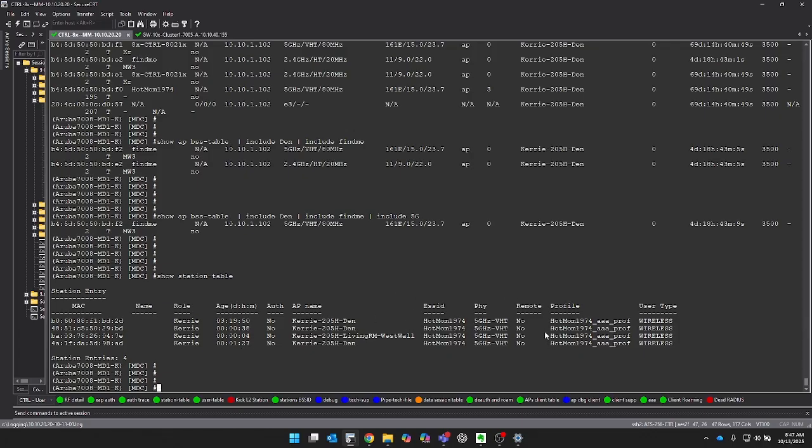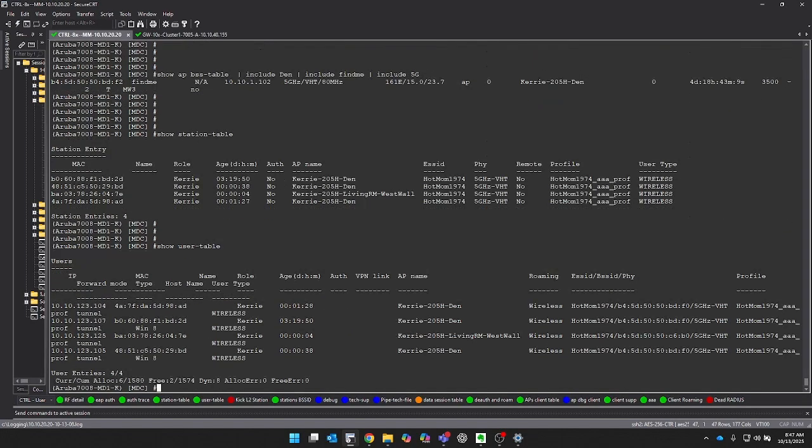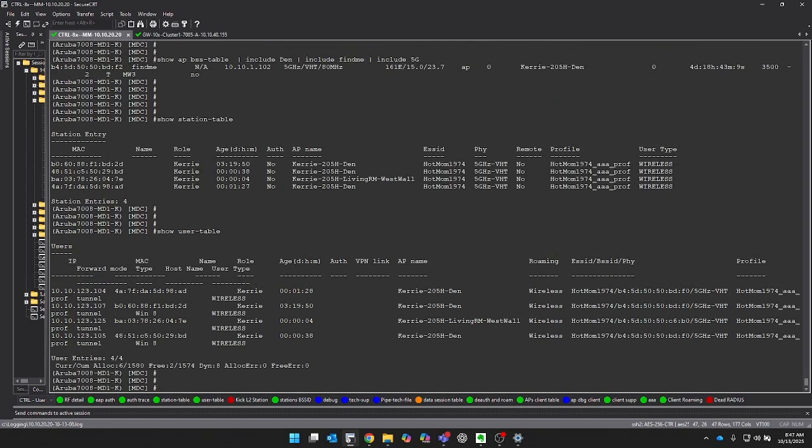The reason why this is important is that if you're troubleshooting a DHCP issue, or just a layer 3 forwarding issue, you won't have a layer 3 entry in the user table because the client doesn't have an IP. So if you're troubleshooting DHCP issues, you might not see anything. I almost always go to the show user table first when I'm doing my troubleshooting, and if I can't find my